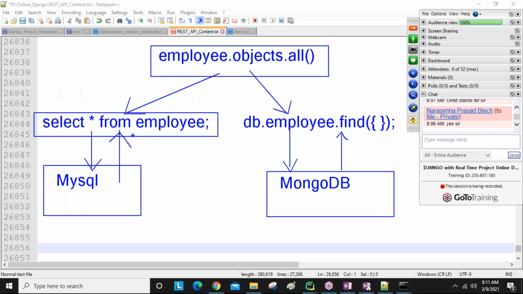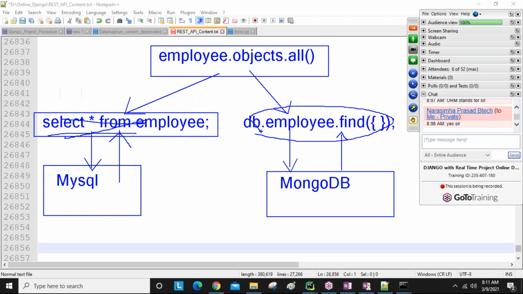Clear? So in Python, you are going to focus on learning all these queries, guys. Right now you are learning with MySQL, all MySQL queries. Suddenly after 1 month, they tell you to use MongoDB. Then in all your Python code, wherever you wrote SQL queries related to MySQL, you need to remove and change them like this.